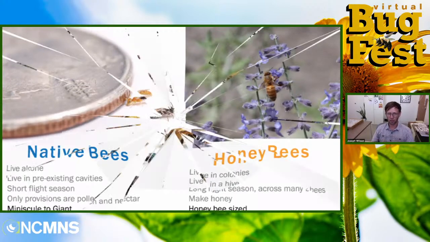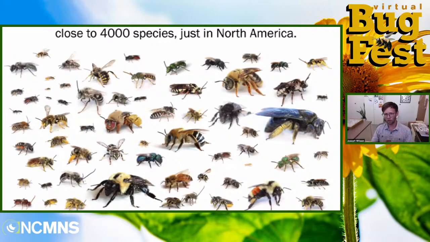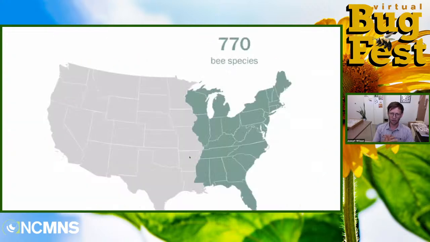In this picture here, this is just a scattering of native bees from my area. These are all to scale with each other. So you can see the honeybee down here in the bottom middle. Some native bees are roughly honeybee sized, some are much bigger, and some are much smaller. So a lot of diversity of size and shape and color of native bees. If we don't recognize that diversity, we might be failing to recognize some of the bees that are common in our yards.